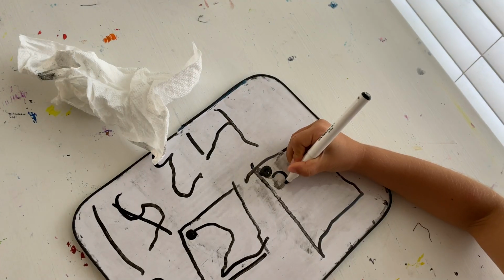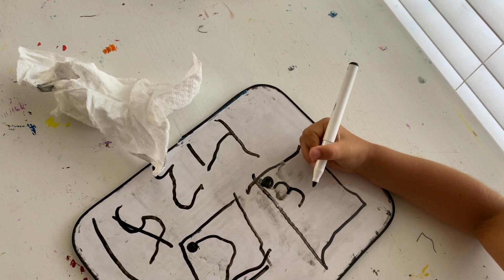Draw a box on a piece of paper and put a dot in the top left corner, because most of the numbers you will want to start at the top. And when you teach your child how to write the numbers, try to correct them if they aren't writing from the top. You always want to start at the top. The reason is because as they get older, it won't matter. But right now, while they're learning, they always have this visual point of where they need to start,